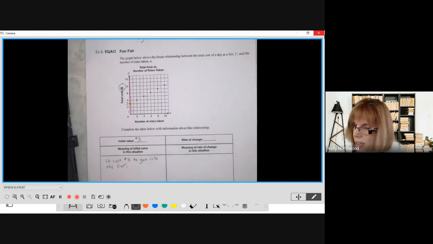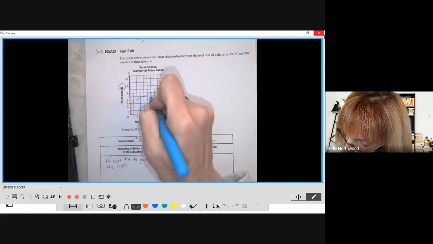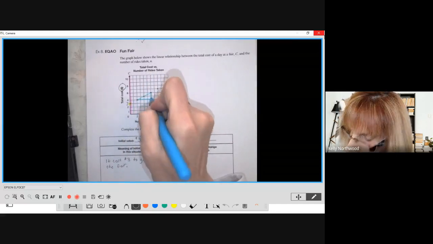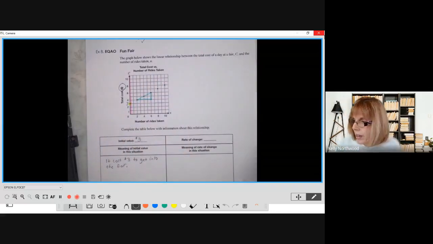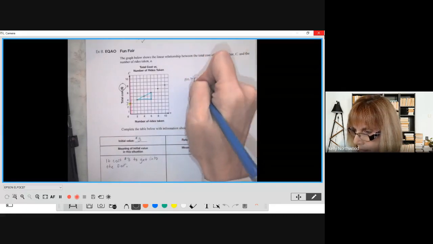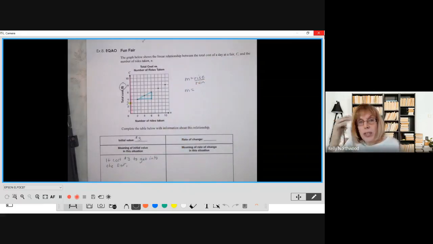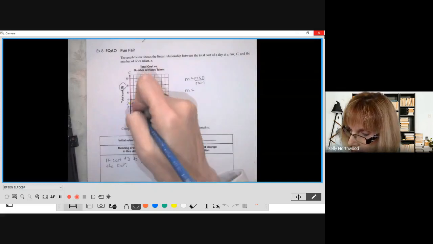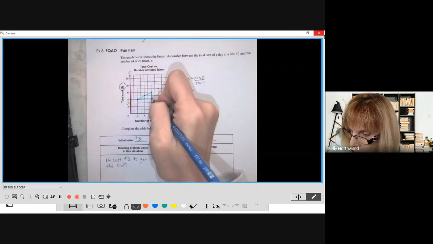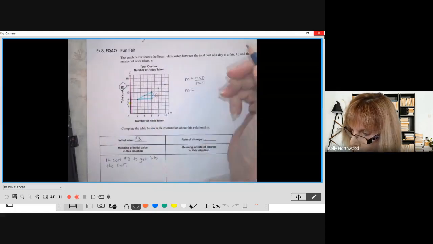So the next one's our rate of change. And hopefully we've gotten far enough in this unit now that we know that for a rate of change, we have to make a rate triangle. So we can make our rate triangle right on our graph and figure out our rise and our run. Hopefully you should be getting really comfortable with rise over run. So I can see that my rise, I'm going from 4 to 6, where each one square is worth 1. So I'm going 2. So my rise is